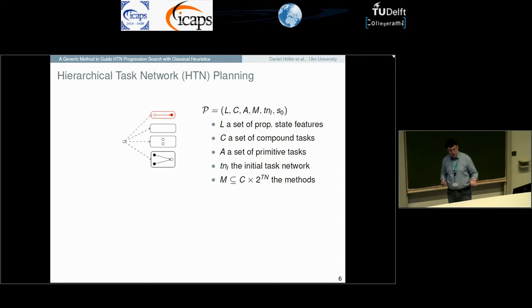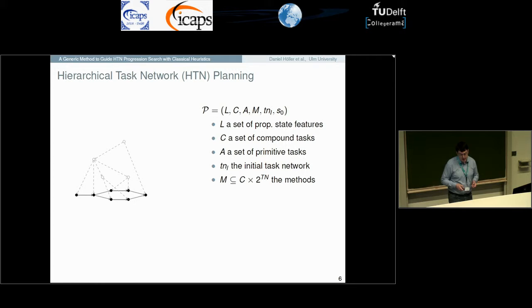Now we are looking for decomposition of these overall tasks, and decomposition causes the original abstract task, the decomposed abstract task, to be removed from the network. The subtasks of the methods are introduced, and they inherit the ordering relations of the decomposed tasks. Now we do that until we find a task network with only primitive tasks, and then we need to find a linearization of these tasks that is executable